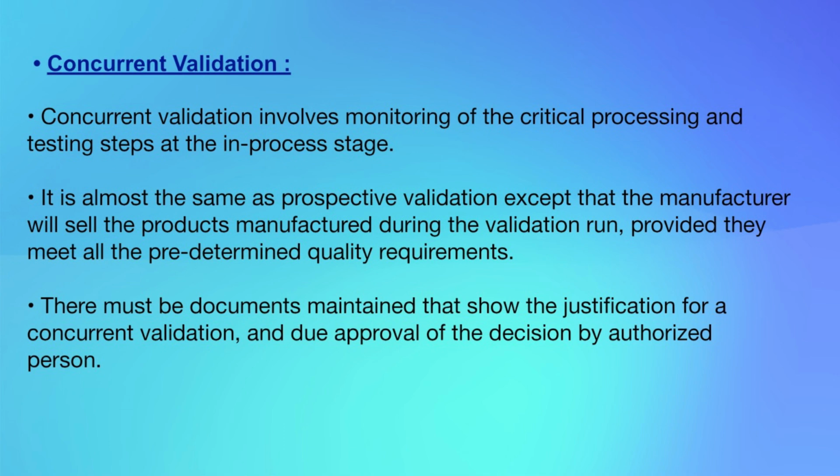Concurrent validation. Concurrent validation involves monitoring of the critical processing and testing steps at the in-process stage. It is almost the same as prospective validation except that the manufacturer will sell the product manufactured during the validation run, provided they meet all the predetermined quality requirements. There must be documents maintained that show the justification for a concurrent validation and approval of the decision by